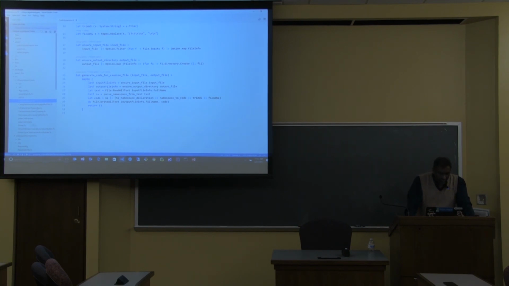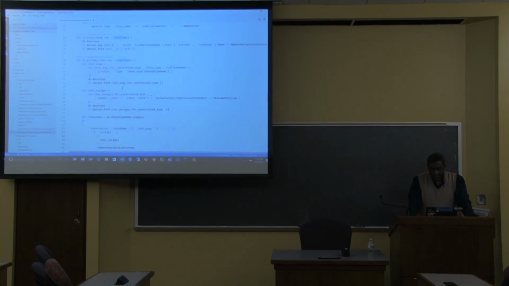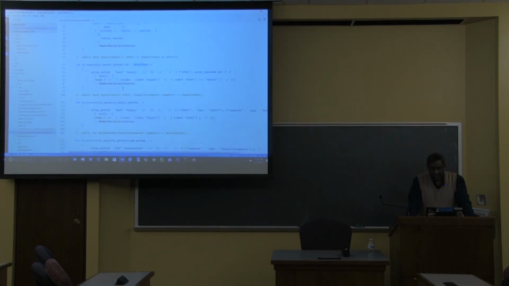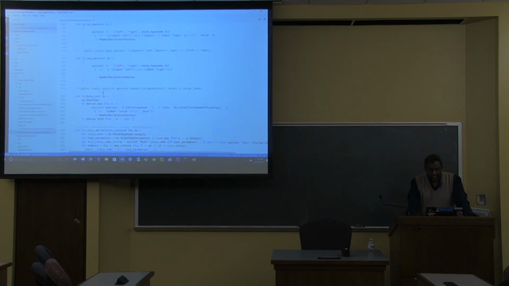And the code generator basically now looks like this. So we say, for example, we want to build the union type itself. We can say that the union type takes the union type method and builds a class out of it. So if you start all the way down at the bottom, you can say, I want a class declaration for the union type, and it needs to have the private constructor, the abstract match function, the access members, and so on. And each of these are functions that I've defined further up the class.